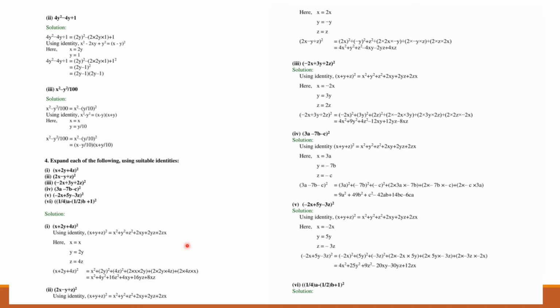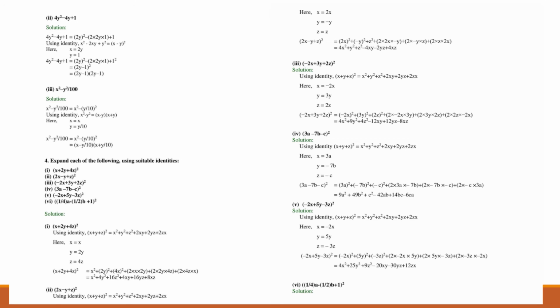Similarly, if we have a negative sign, just see the third part. Here x is negative. So instead of x, we are putting minus x. In the fourth part, b and c both are negative. So instead of y, we are putting minus 7b. Instead of z, minus c. So what we need to do is put the sign also there. If we put the sign, we will get our correct answer. Don't forget to put the sign. You need to put the value with the sign because the identity we have is only for positive.